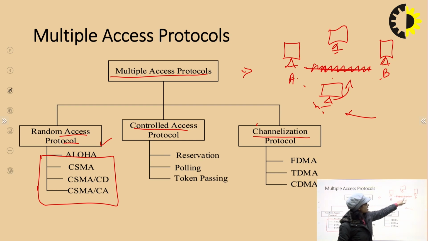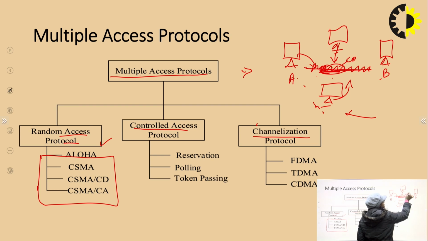So basically, they are using a single medium to transmit information or data from one place to another place. So what happens if multiple devices attempt to use the medium to transmit data? If this device also sends some data, and this device also sends some data, then the condition of collision arises,